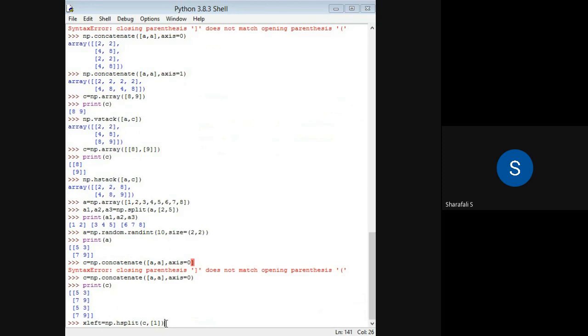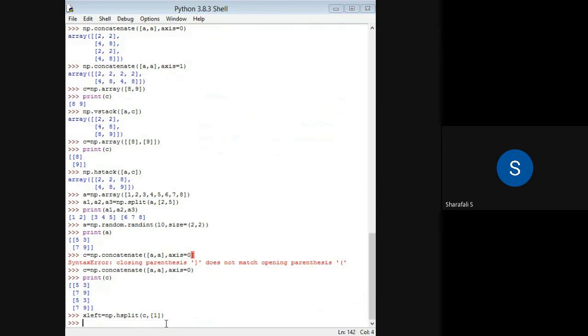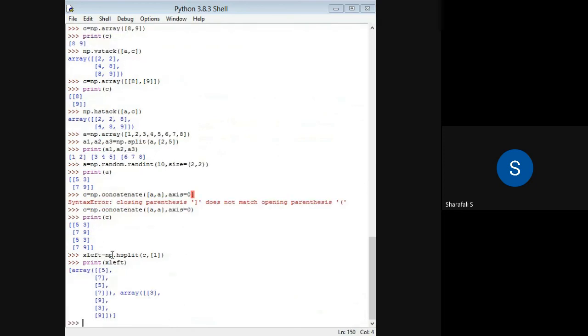And now if I press enter and print X left, you can see that the array is split at this index horizontally, which means that you will have arrays.